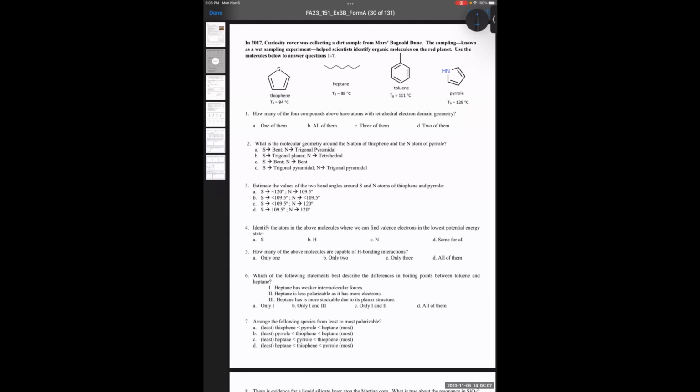So if we consider thiophene over here, we have this sulfur atom. We have two lone pairs on this, meaning we should have a tetrahedral electron domain geometry in thiophene. And also in heptane, we have these carbon atoms here. Remember, these carbons in xanthines are carbon atoms. And then the common bonding pattern of the carbon is fulfilled by the carbon hydrogen bonds. So you see that we have 4 bonds around the carbon atom, meaning 4 electron domains, meaning a tetrahedral electron